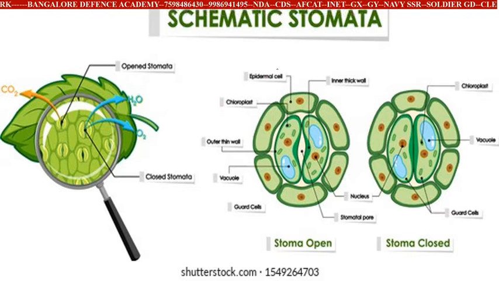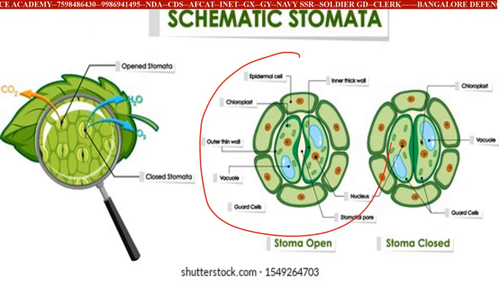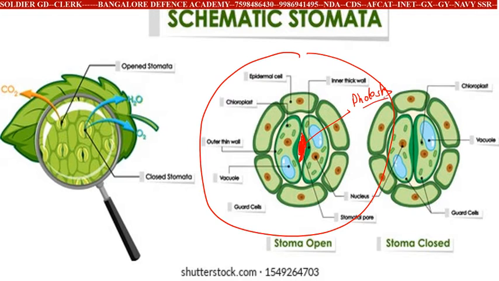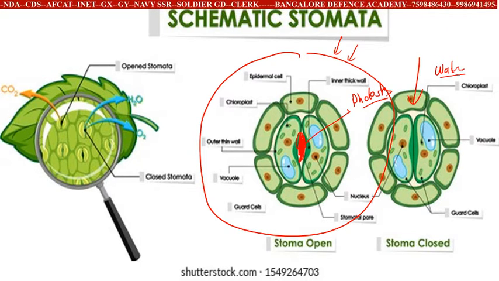So now let us try to understand what this stomata is all about. In the center of the screen, you can see a detailed image of the stomata being opened. The center part here, which I am coloring with red, is the place where the photosynthesis process is taking place. And now this part is open. The stomata which I have encircled is an open stomata, and on the right side you can see how the stomata is closed. That means the water vapor is not going to go out.